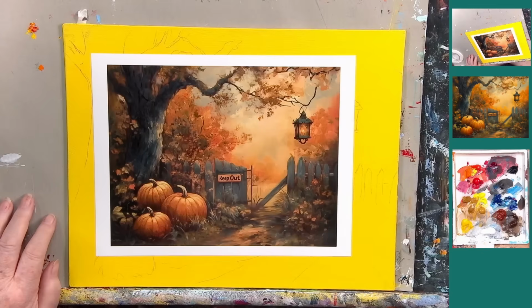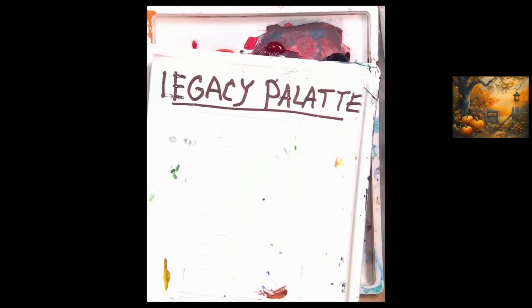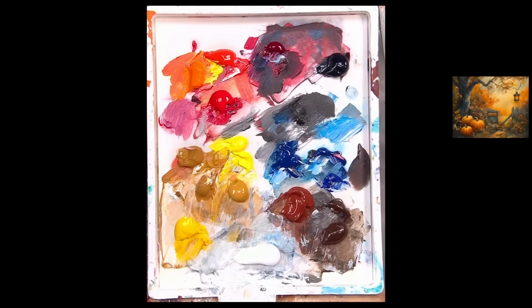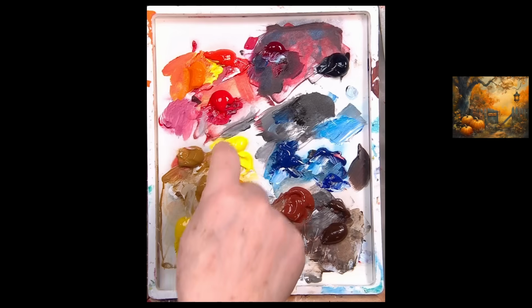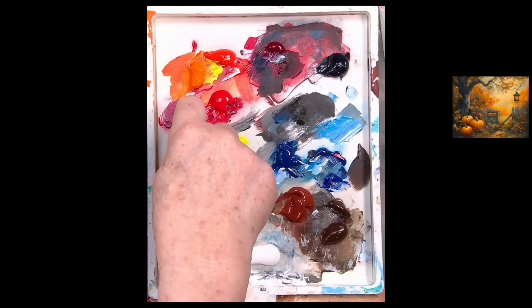And we're going to talk about our colors with our legacy palette. These are colors I use all the time. I may add or take away a few, but basically they're the standard colors Ginger uses on all her paintings. Titanium white, cad yellow medium, cad yellow light, yellow ochre or oxide, raw sienna, naphtha crimson, cadmium orange, cad